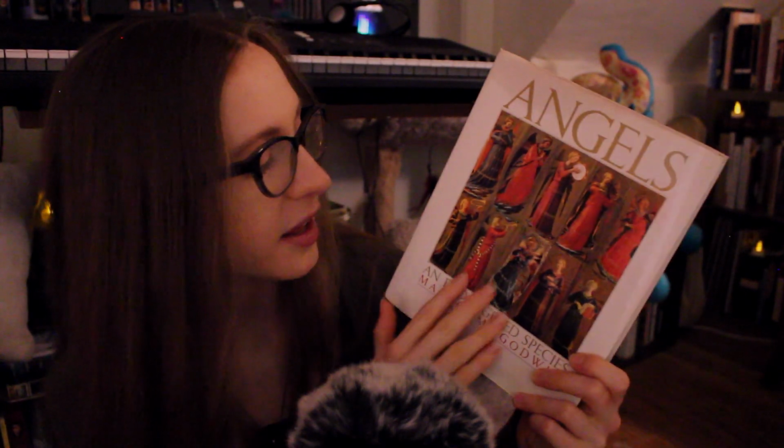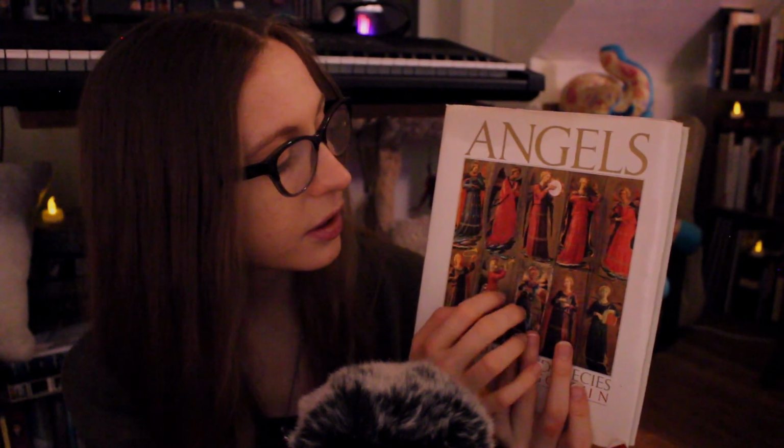Alright, on to this book. This book is an art history book. It's not exactly an art history book, but it uses the art of angels to talk about the history of how society has viewed angels, mostly from a Western perspective, or mostly from the perspective of people who called whatever they were talking about angels. So there's not going to be any arguments in here about, oh, maybe this thing in the East was actually another kind of angel. It's not really a comparative mythology sort of thing. It's more about how what an angel is has shifted over time, starting with